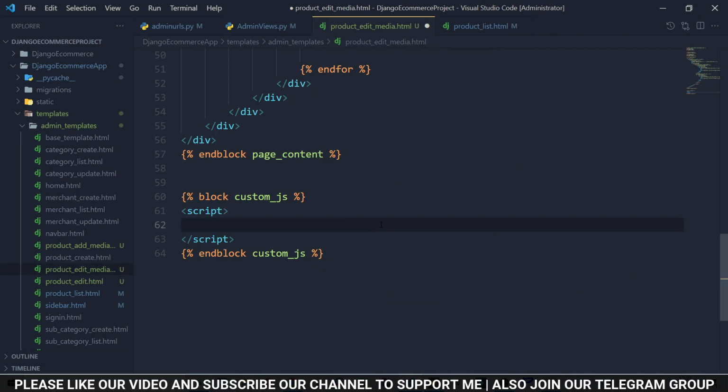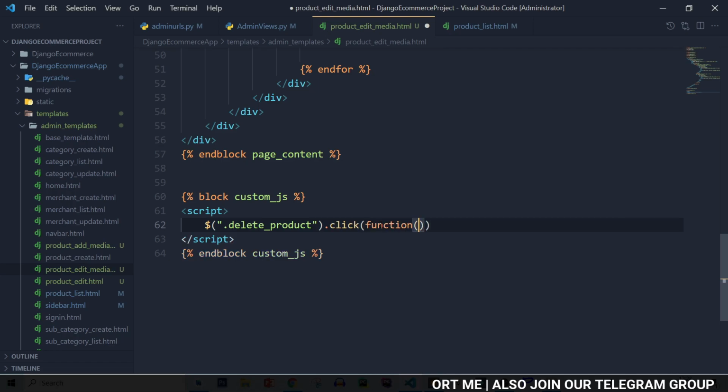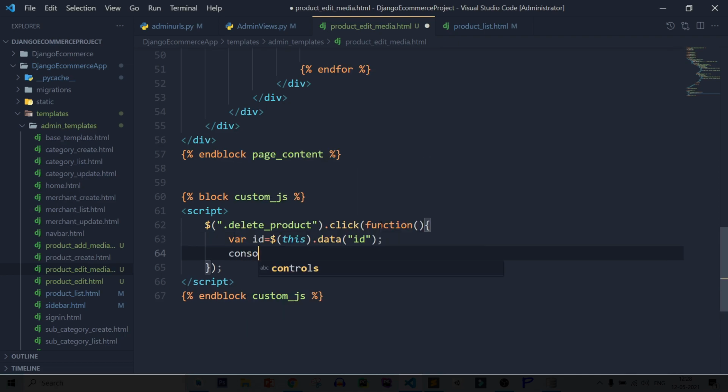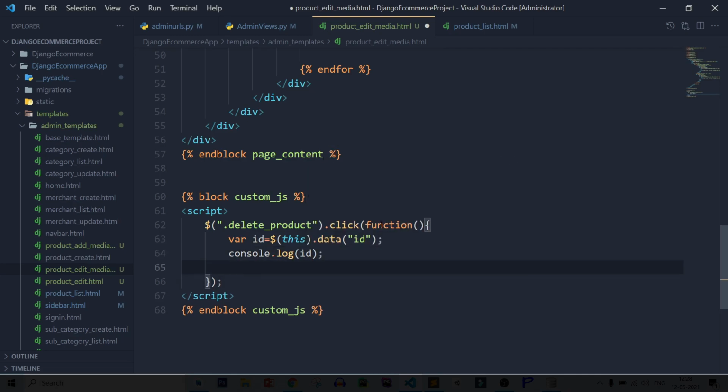Now after that, here simply dollar dot delete product dot click function, where id equal to this dot data id, console dot log id and also show the confirm option.